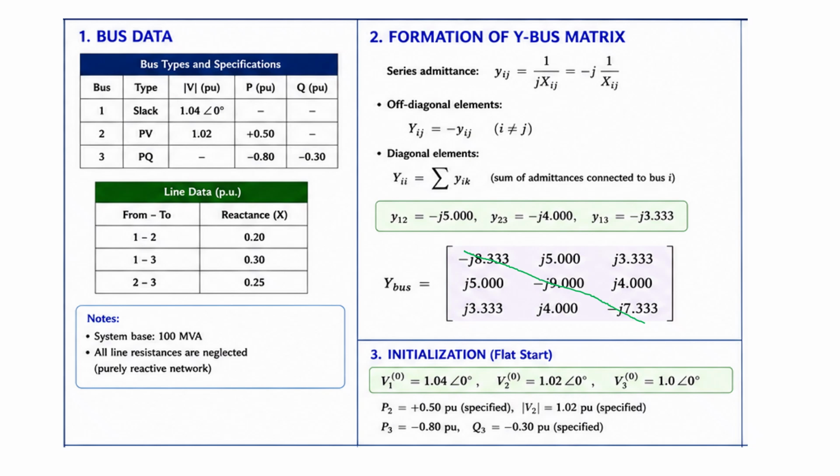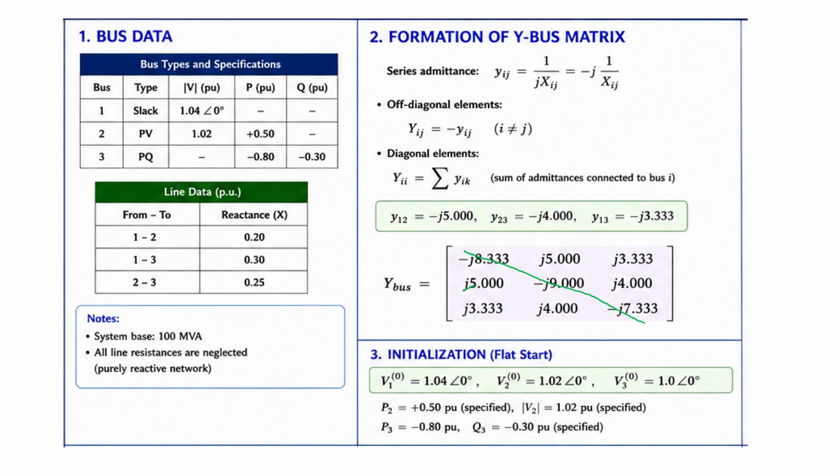Whereas when we come to the off-diagonal elements, each is the negative of the admittance between the buses. For example, for Y12 we have minus 5j, then Y12 or Y21 will become 5j. Y12 is equal to Y21. Y13 is equal to Y31, like that. It's very simple and straightforward. So we can use this for iteration to obtain voltage, current, and power equation at the required bus for the Gauss-Seidel